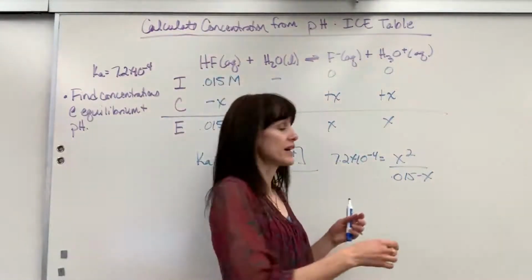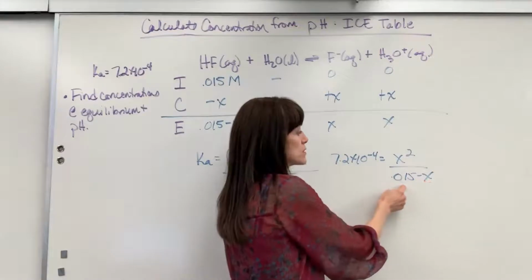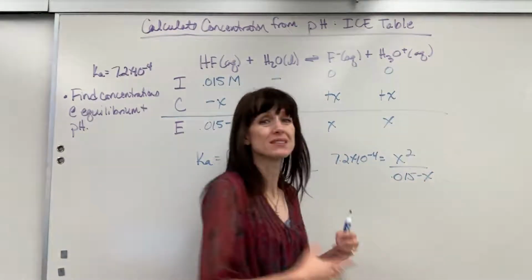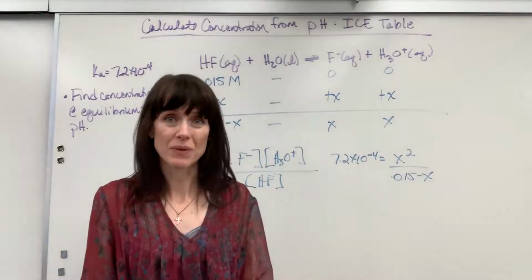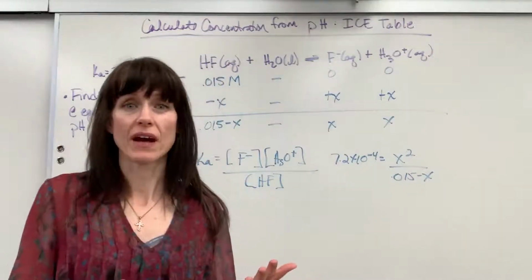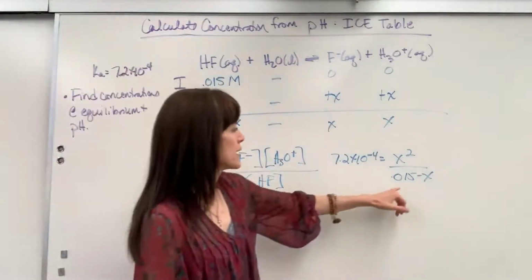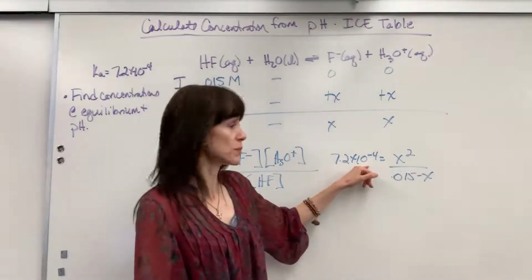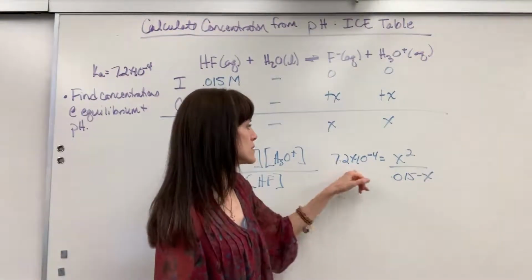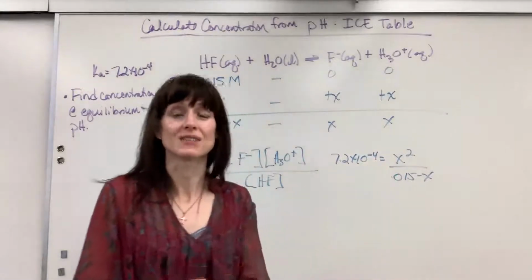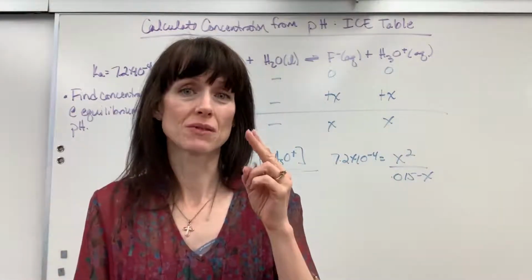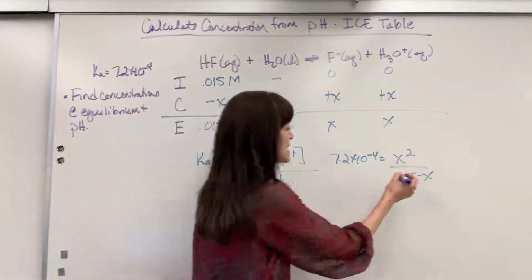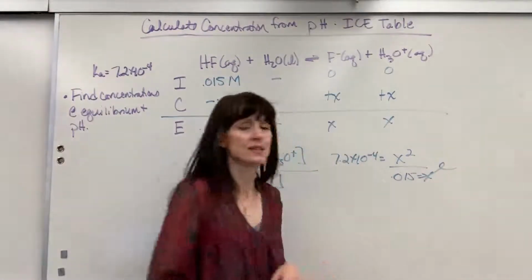Once we solve for X, that number is going to be so small that when you subtract it from this number, it's still just going to be that number. So let's see, do we have a factor of 100 difference? Well, here I'm at the tens place, and here I'm at the thousandths place. So this would be 2 zeros, that's going to be 4 zeros. Yes, barely. I have 2 zeros different, which means I can take this X, and that is going to be